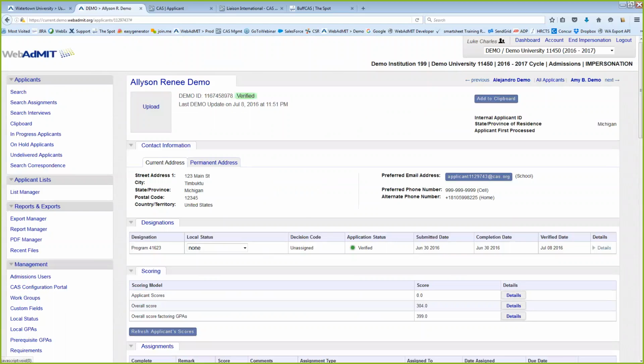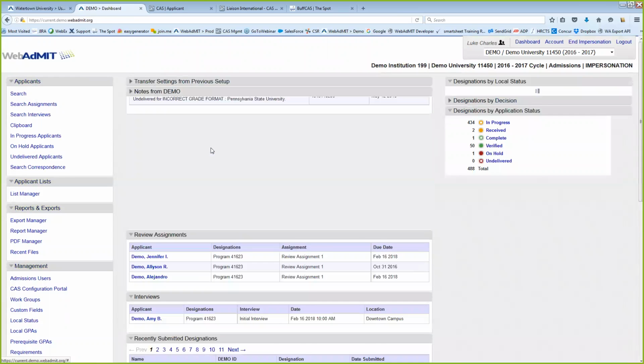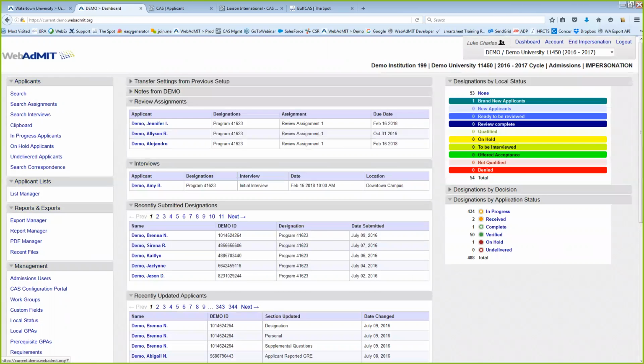So now this applicant has been assigned to that reviewer. I just assigned it to the account that I'm logged in with now. So we're going to take a look at how this is going to appear on the reviewer side of things. If you've logged in as a reviewer and you have applicants that have been assigned to you, you're going to have the review assignments panel that shows up here